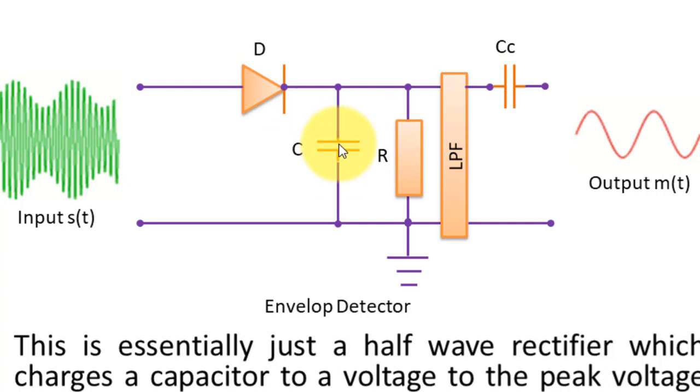In the negative half cycle, when the diode is in the non-conducting state, since the potential of the capacitor is much larger, the capacitor starts discharging through the bleeder resistance R. The output we obtain from this circuitry is passed through your low pass filter, which is tuned to your message signal frequency, fm. So we obtain our message signal, and the coupling capacitor is used to block all the DC component. So at the output we have our message signal.